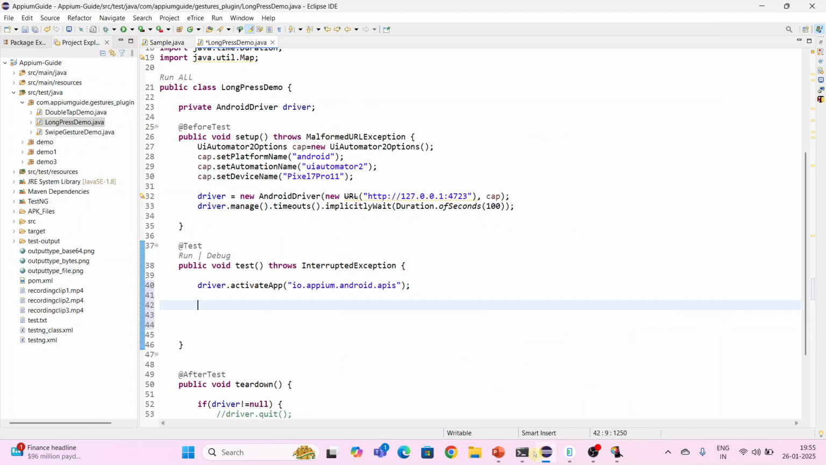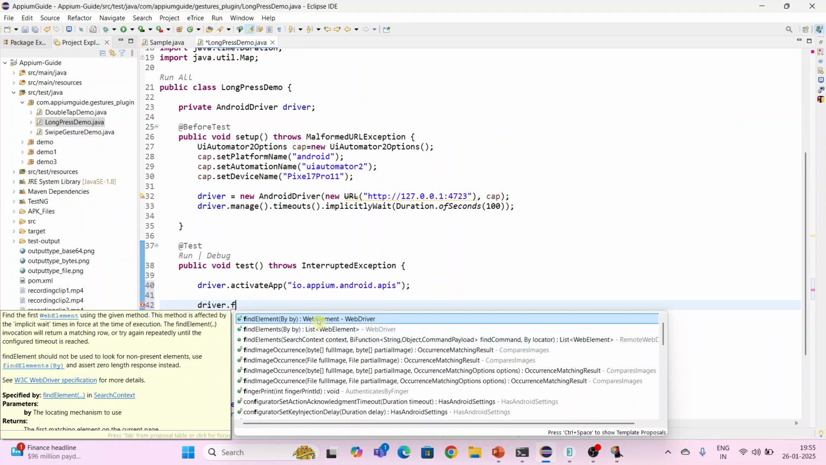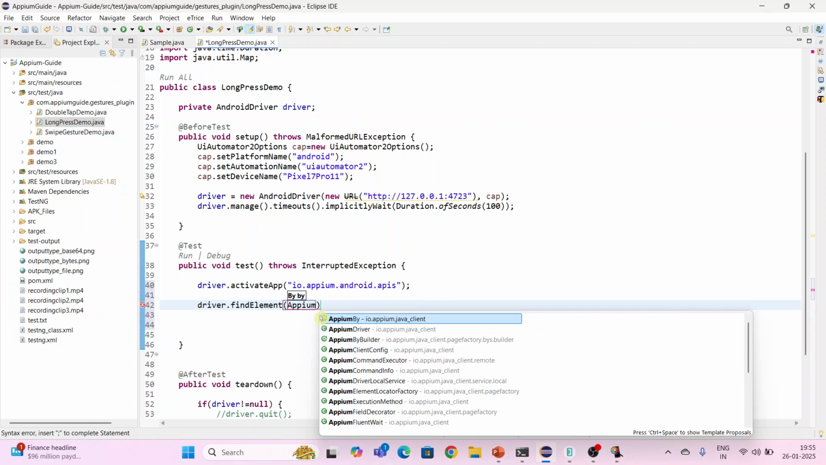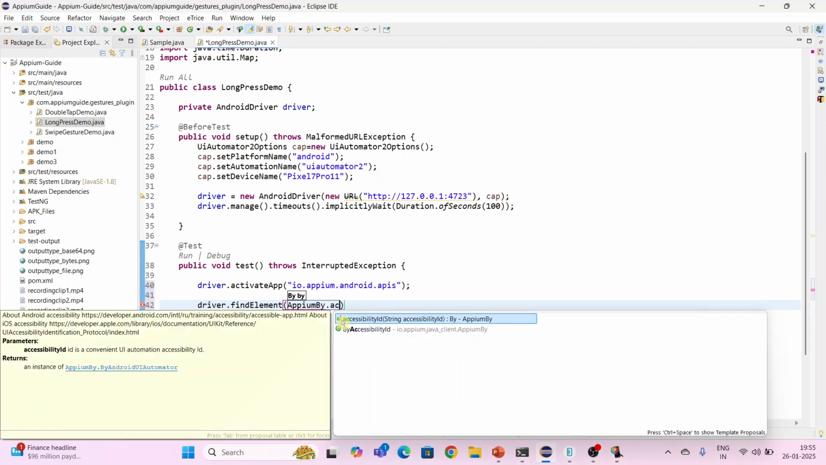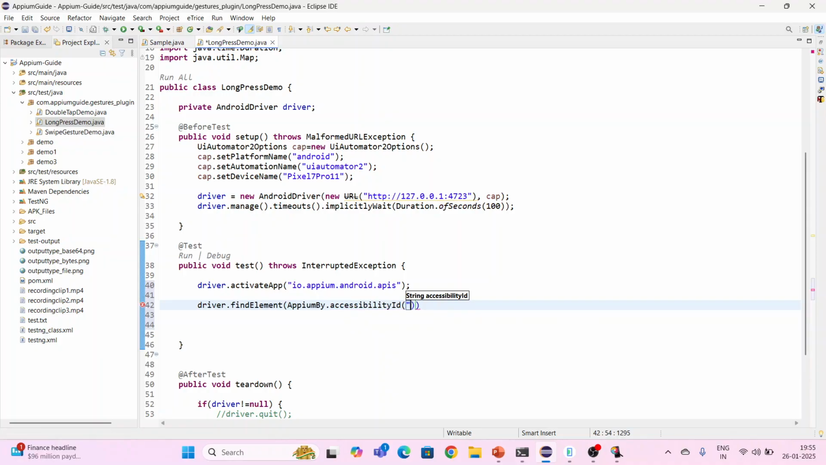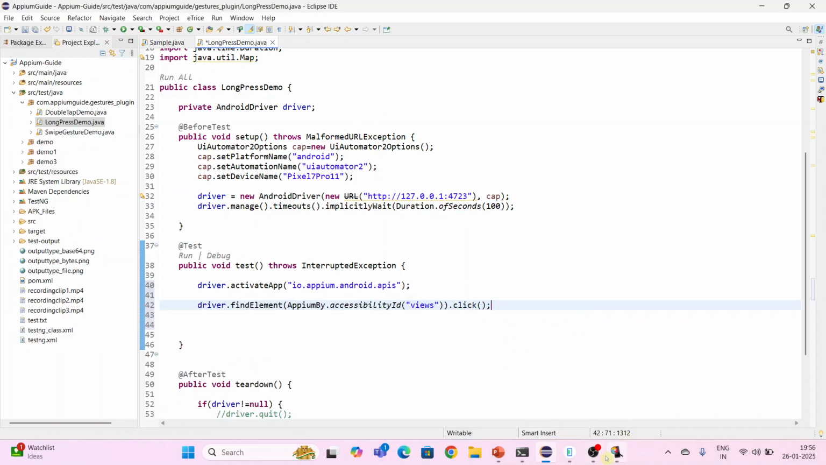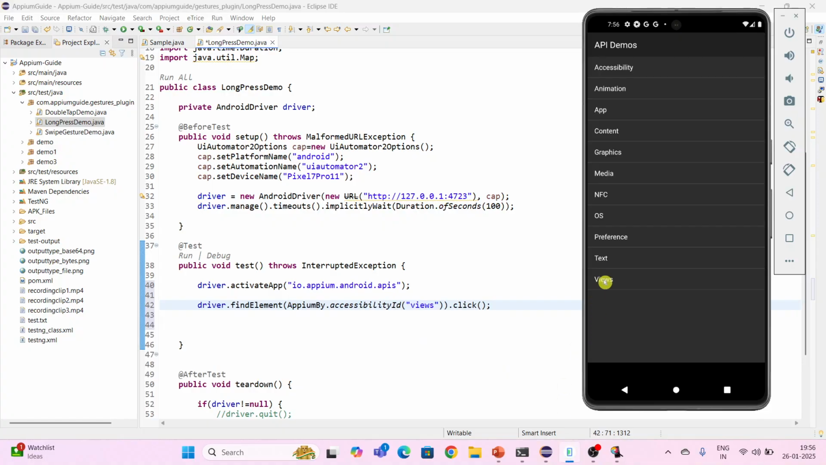So go back to Eclipse and say driver dot find element, Appium by accessibility ID. So views, and then click. So once I click on this one, the next step is the